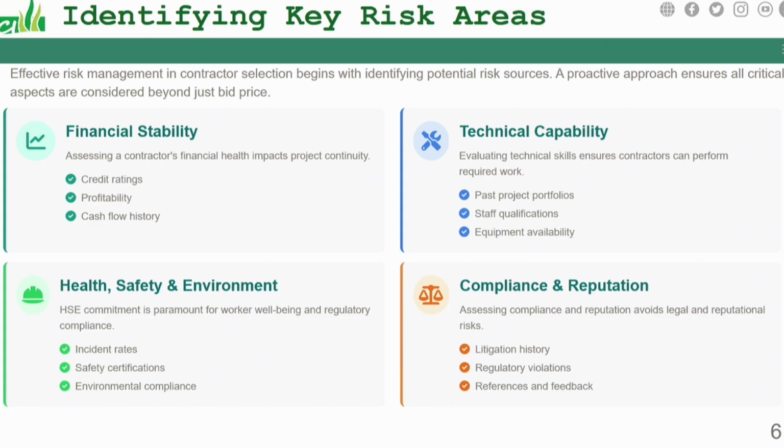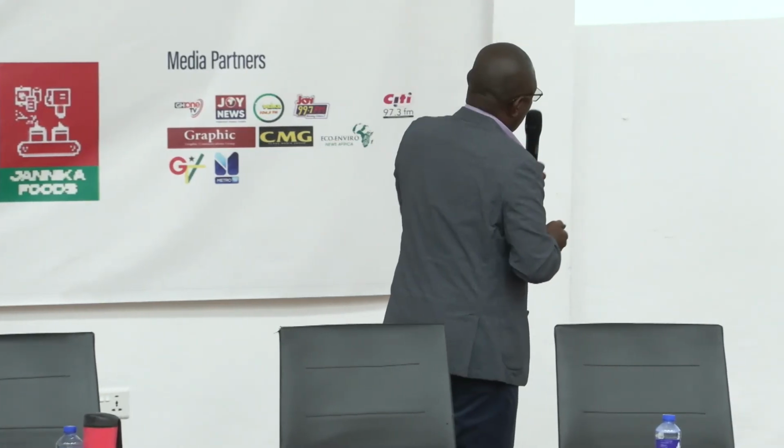There may be people who have had multiple fatalities on their site. And sometimes it's a trend. You think that it will end there. He comes to your site, he causes fatalities. So you need to actually check some of these things. You are looking at environmental compliance. These are all things that you need to verify before you give jobs to contractors, so that at the end of the day, you have the best contractor that can deliver all the goals that you are asking for. Compliance is also the technical capabilities.